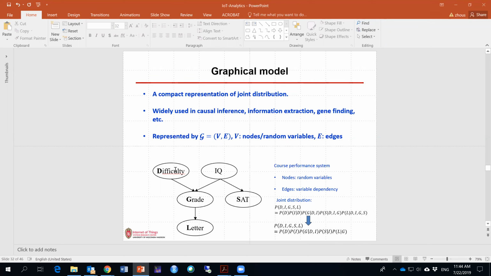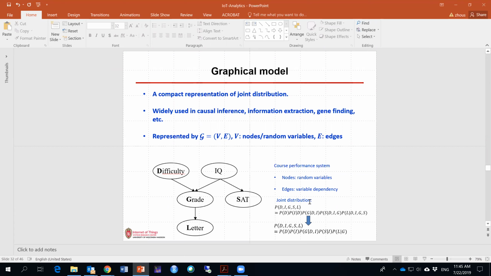For example, in this graph, we know the grade a student obtains is conditionally dependent on the difficulty of the test. Conditional dependence means if we condition on all the random variables in this graph, we still have a relationship between the grade and the difficulty. There's some unique contribution of the difficulty to the grade the student will get. So intuitively, that's correct. Essentially, this gives us insights into the unique relationship between different random variables in the system, or in an engineering system, the relationship between different components within this system.